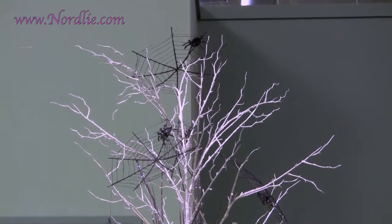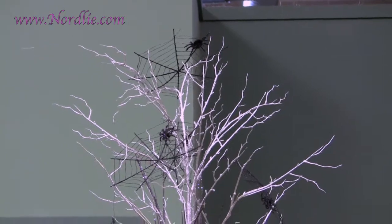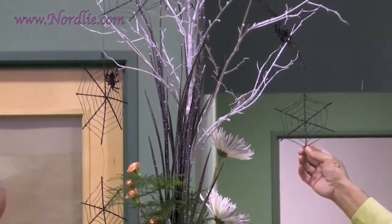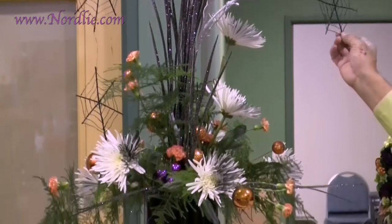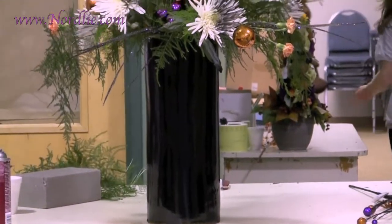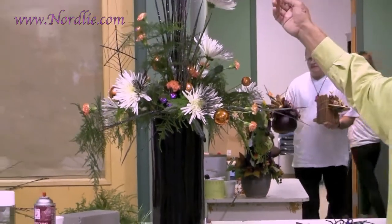7 spider webs, 5 of which actually have spiders, not real spiders. It's a shame, huh, Miranda? That's why the daughter Miranda over there. If these were real spiders, Miranda would be walking home. And I live in Fenton, Michigan, so 50 miles, but she would have no problem walking home from me if